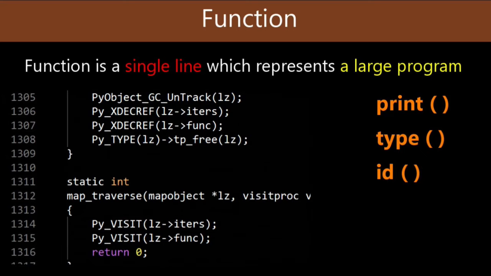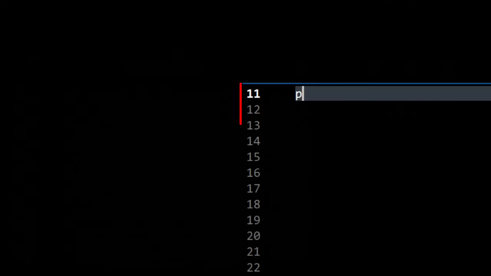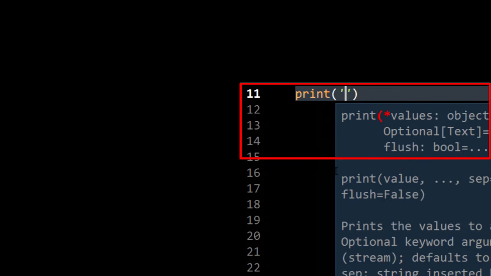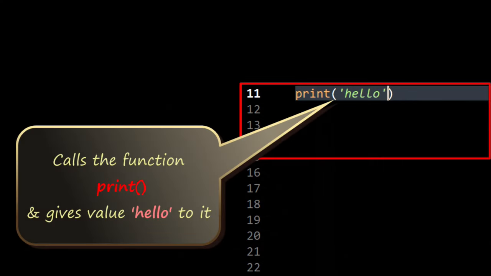I will give you a demonstration. Let us go to the Spyder and type print hello. Here we call the function print and give value hello to it. Then what happens? It leaves the program. Remember, Python leaves the program when it finds a function.